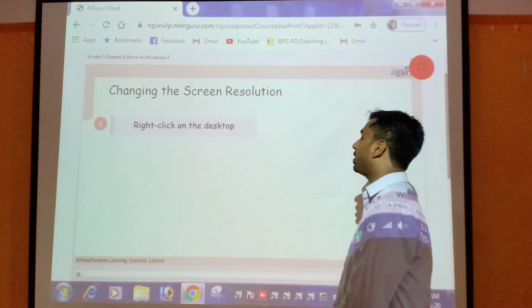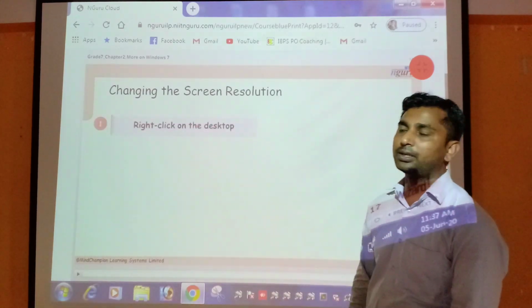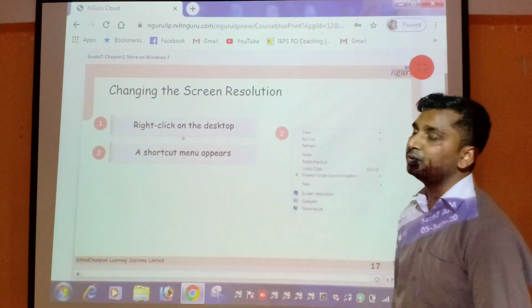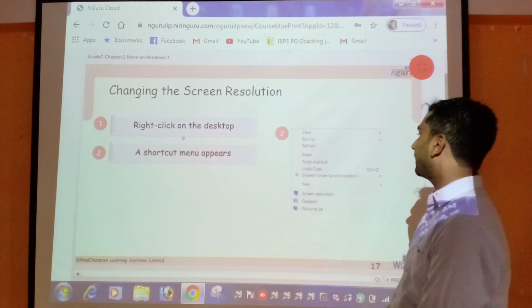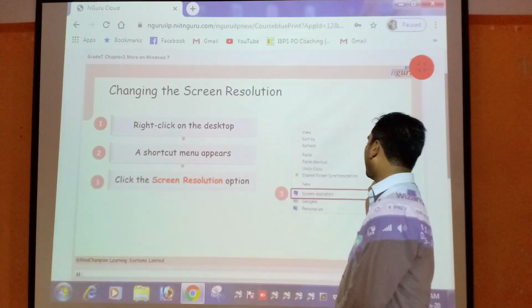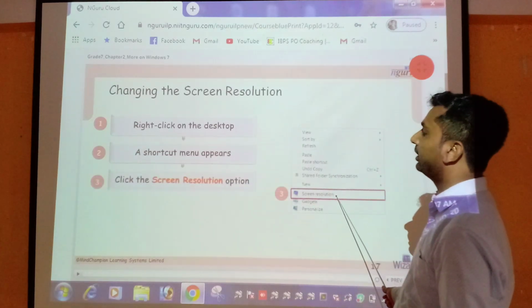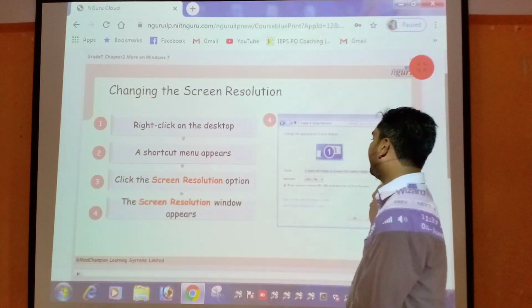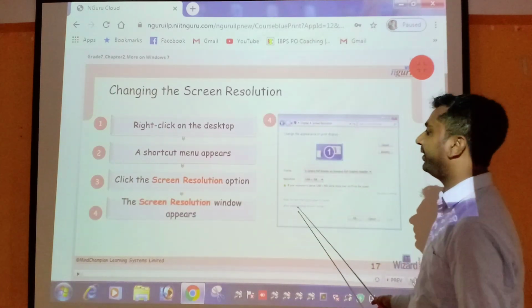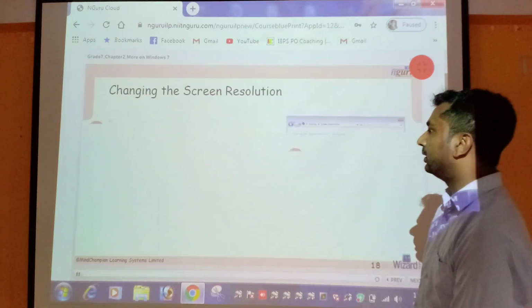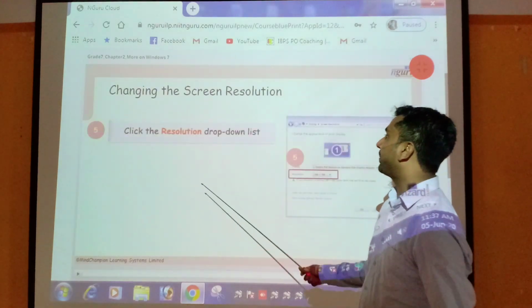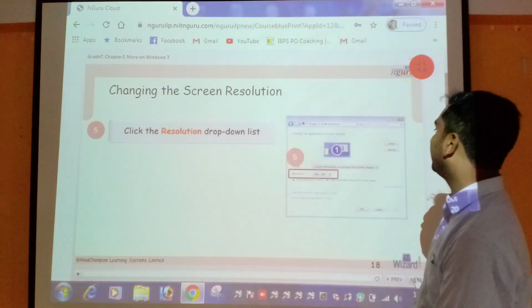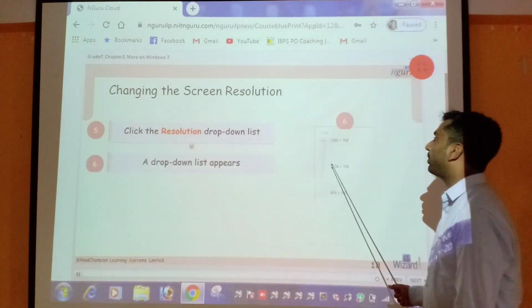First of all, right click on desktop. After that, the shortcut menu appears on the screen. After that, click on screen resolution. After that, the screen resolution window appears. Now click on the resolution drop down list.